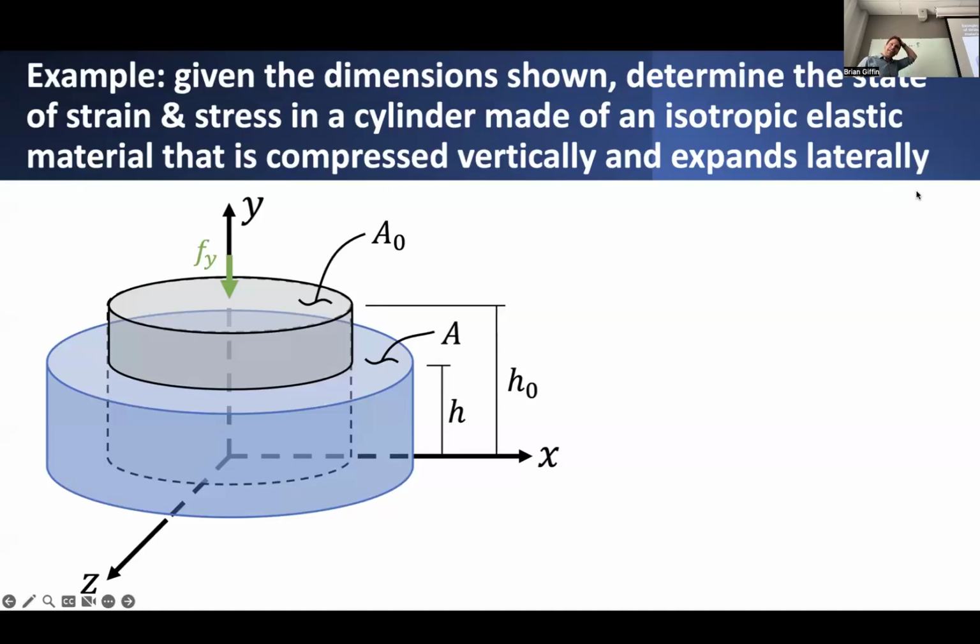In which case we can say, let's approximate the relative change in area based on the following. If I wanted to know the change in volume of a cube of material, how did we define that change? The volumetric strain. Remember what volumetric strain was? We defined it as epsilon vol